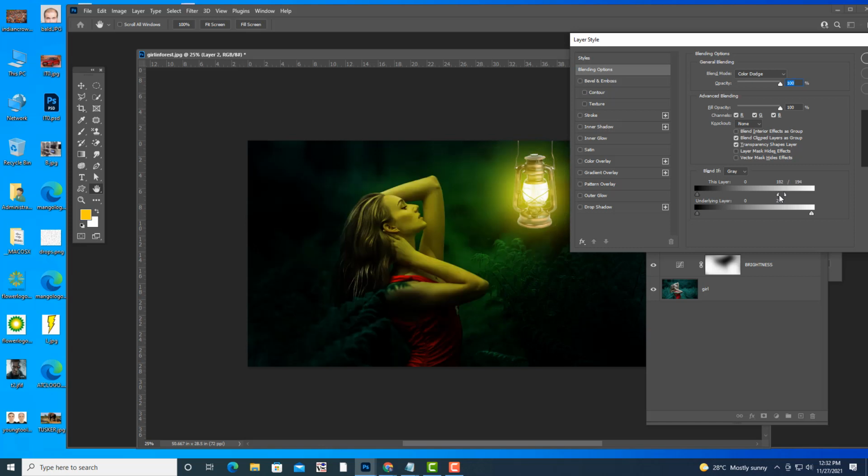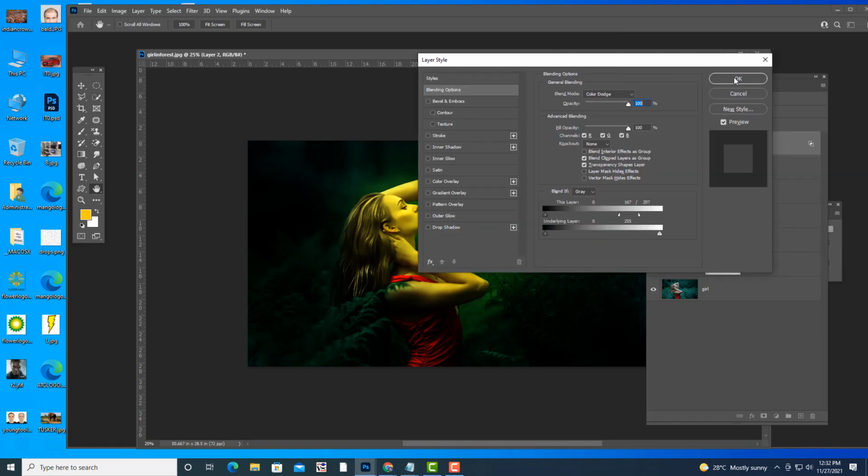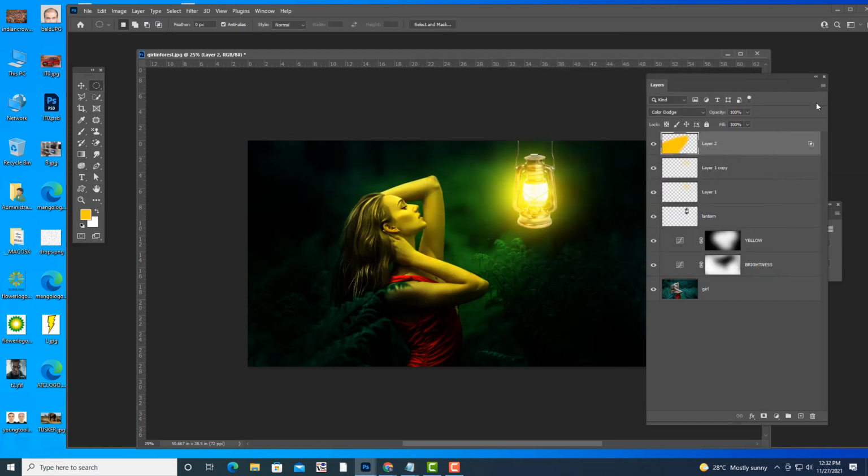See here, you can see how much lighting is coming. Here you can see when I try to reduce it, you can see the change. And also look at the face of the girl. Observe the face of the girl. See, understood? So understand this, and just click OK. So this is the thing. The next thing is